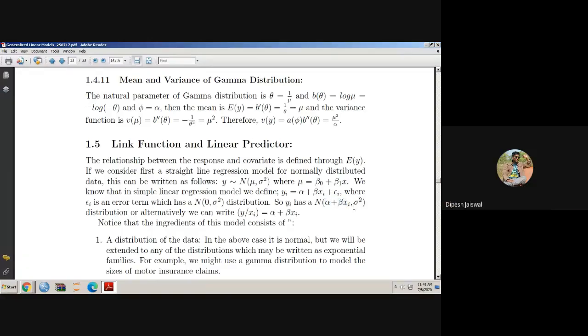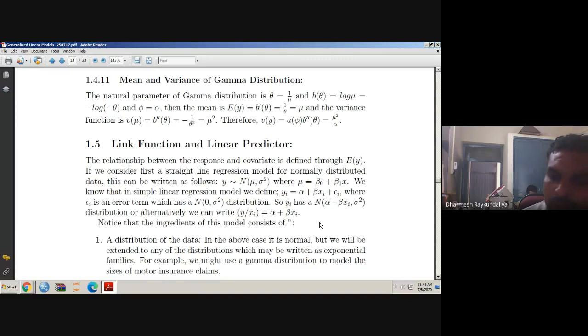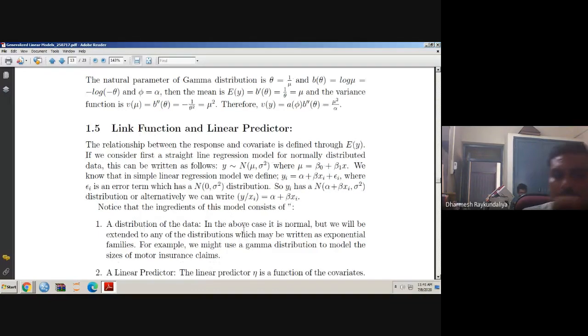Okay, so can we write the expected value of y given xi is equal to alpha plus beta xi? Here the E for expected value is missing. Yes, that is it, because we are finding the expected value of y given x, and that is nothing but alpha plus beta x. Since we are talking about the ith respondent, xi will come here. Okay, so now you can understand what the ingredients of this model are.